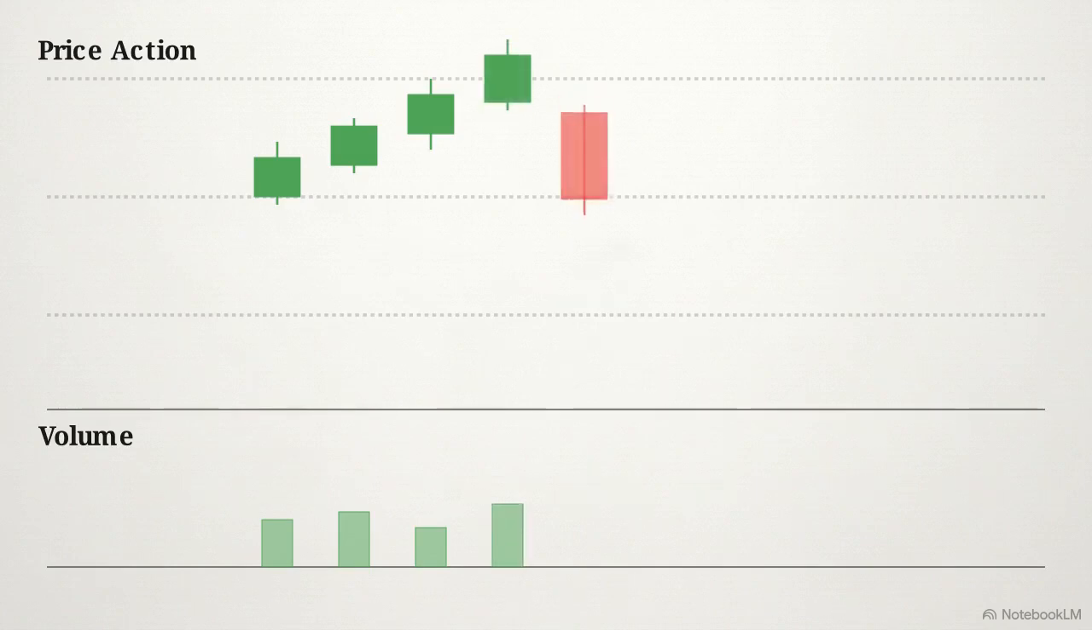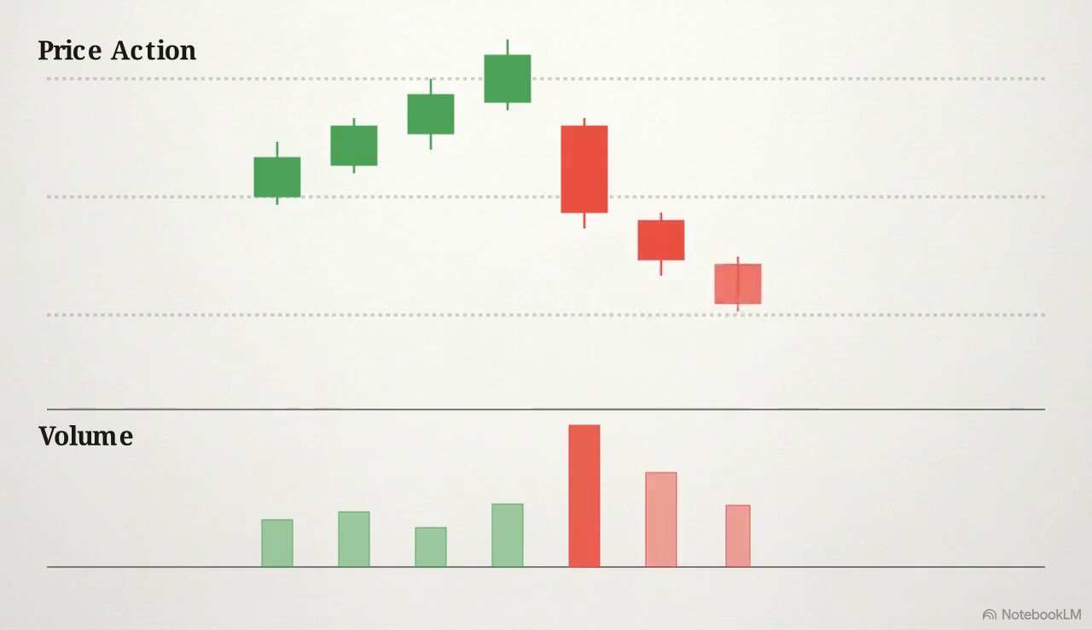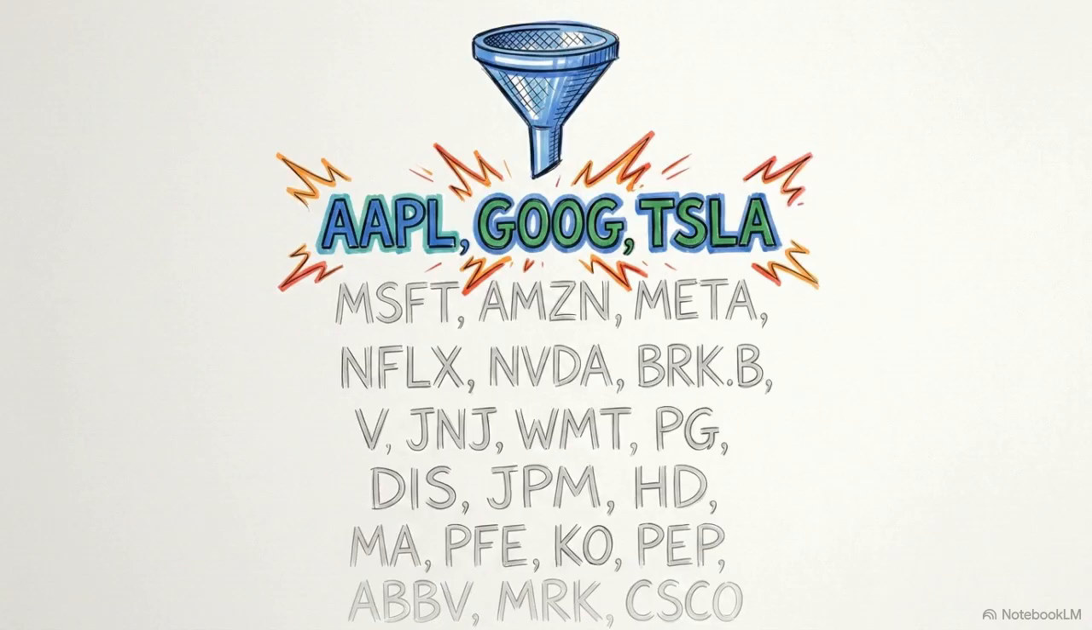The third confirmation is volume, which represents the total number of shares traded during the formation of the pattern. When a bearish kicker forms, you want to see an unusually tall volume bar on the red candle. This high activity proves that sellers are actively exiting their positions or entering new shorts. Using these 3 filters, gap size, wick length, and volume, allows you to focus on the strongest setups while ignoring